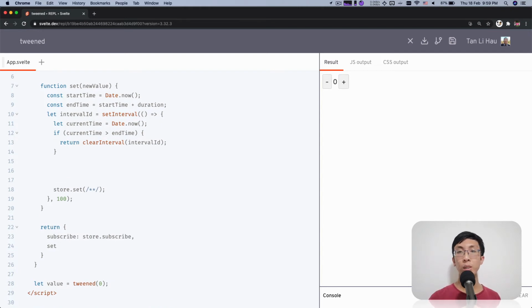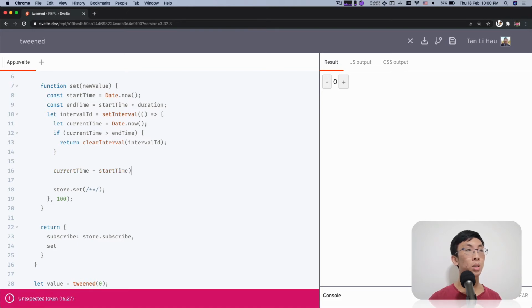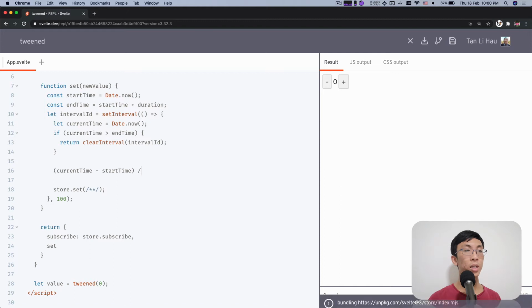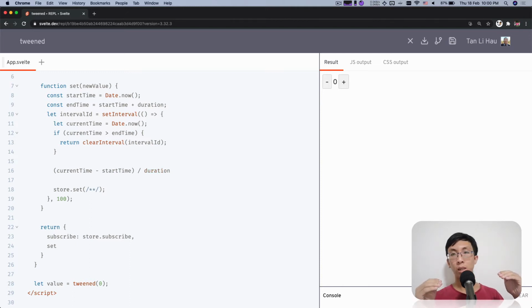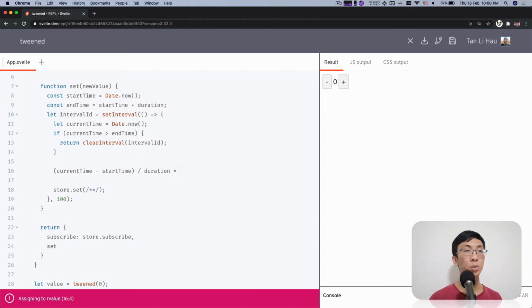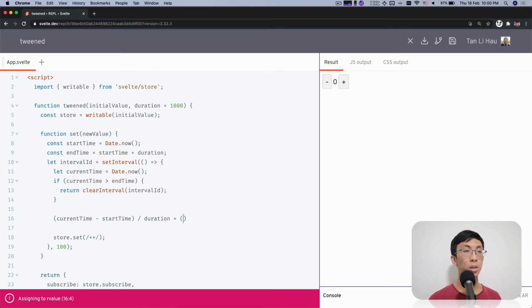So we need to use something like a ratio. We compare, for example, the current time minus the starting time, divide by the ending time minus start time. So end time minus start time is actually the duration, so I'm going to do it by duration. So how long we elapse from the starting point over the whole duration will have to be equals to the value that we want to